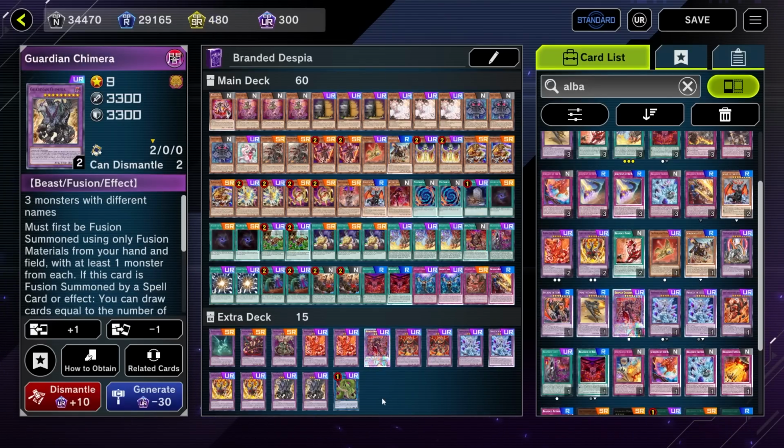I can't tell you the last time I actually summoned it. In the actual Branded Despia meta, when the deck first came out, I think it was definitely more common to cycle through your stuff and play the second Guardian Chimera, but nowadays, I think it's been months since I've summoned it. I'll probably just end up dropping that next and putting the Alba Lenatus back in the extra deck,